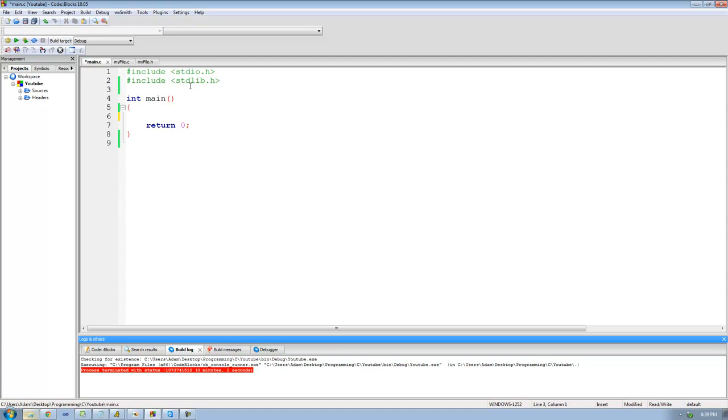Alright, so you're probably wondering why we use the typedef keyword when creating structs, unions, and enumerations. Well, let's just go ahead right here and create a struct without using the typedef keyword. So we're just going to say struct MyStruct, and whenever you're creating a structure, a union, or an enumeration without using the typedef keyword, you can go ahead and put the name right after the struct, union, or enum keyword. So here I just said struct MyStruct, and then right here I can just create the body for it,